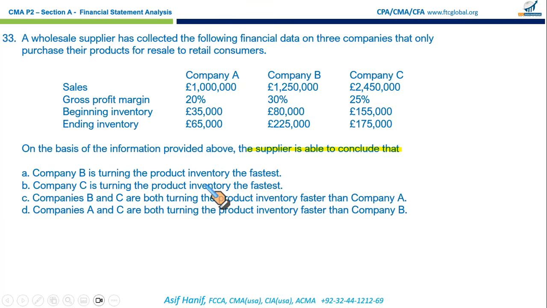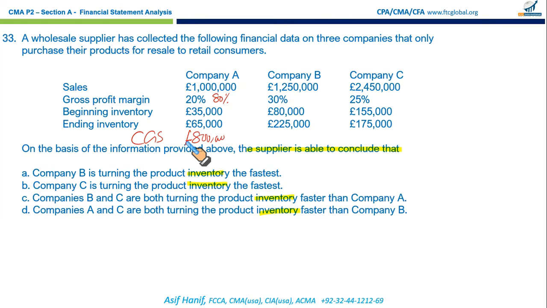See what we know just from the options given: inventory. So what we have is ending and opening inventories, and we have sales and gross margin. That means we can find CGS also. So basically it's all about inventory turnover. The question doesn't specifically say so, but the word inventory is pointing that we need inventory turnover. So let us first find out what is the CGS for each company. If sales is 1 million and gross profit is 20%, that means CGS would be 80% of sales. That means $800,000, 800,000 pounds basically.